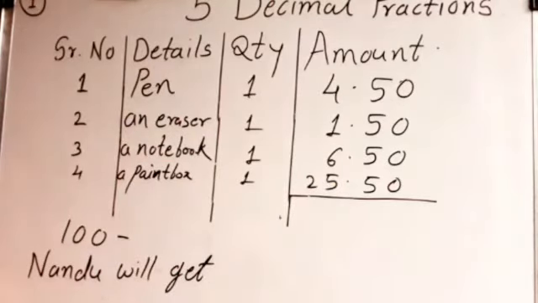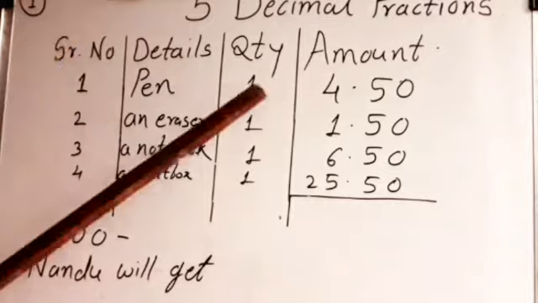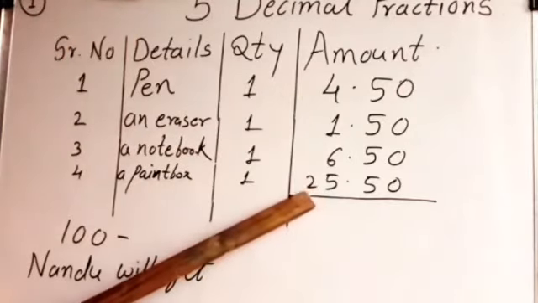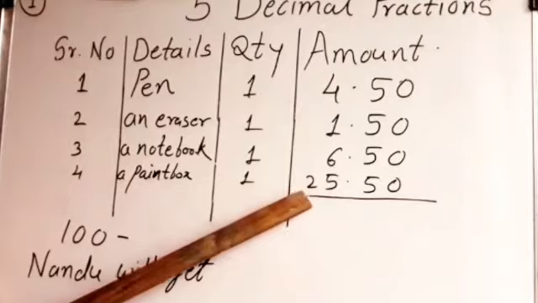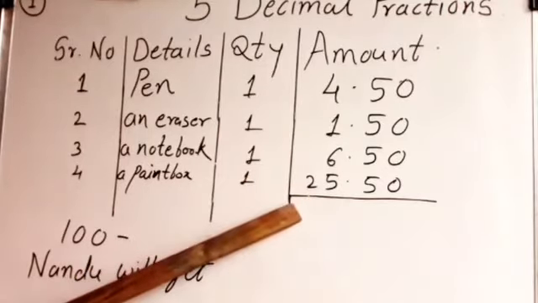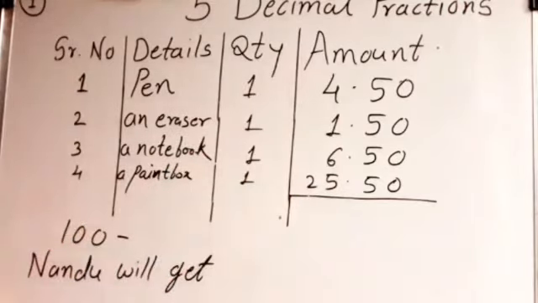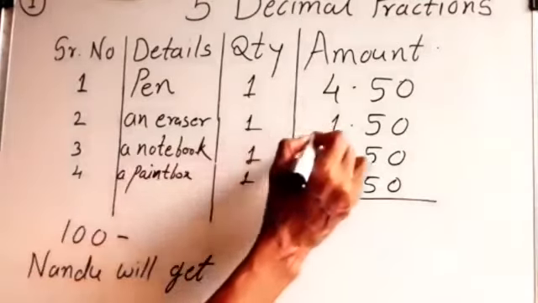Nandu bought one of each article, prepare his bill. Now we have to prepare his bill. Means these many things he bought from the shop. So what amount he has to give, or how much he has to pay to that shopkeeper? So what we have to do for that? Now in this way we have to arrange those amounts properly. See, while writing the 25, this 5 is the unit place and this 2 is the tens place, so 2 came this side. Okay, so see the arrangement and now we will add all this.